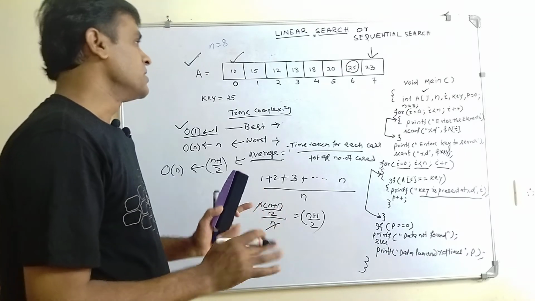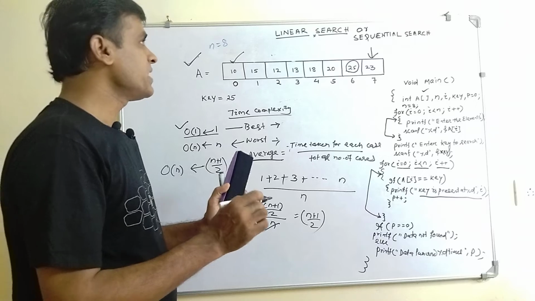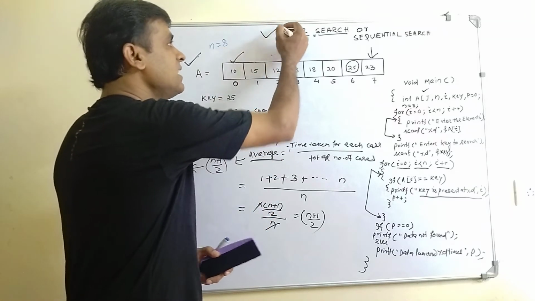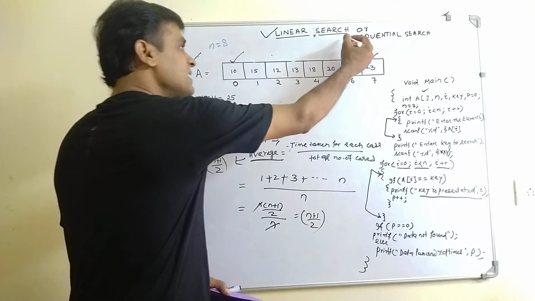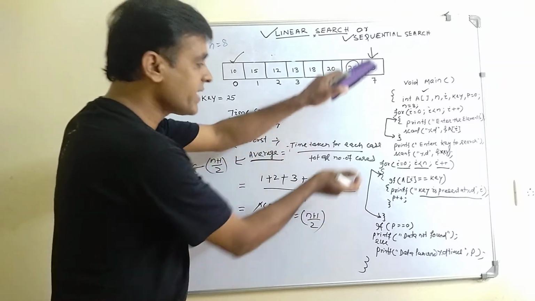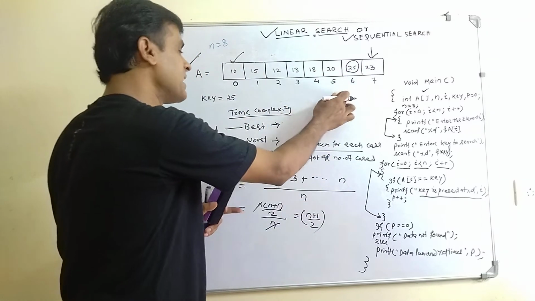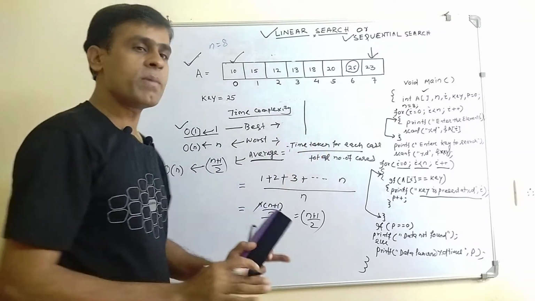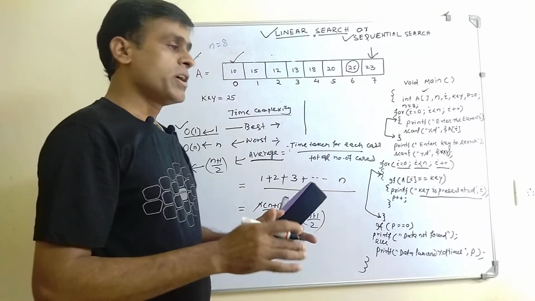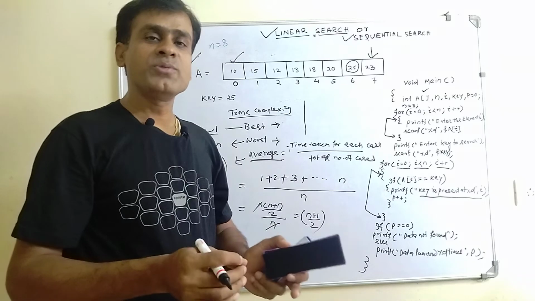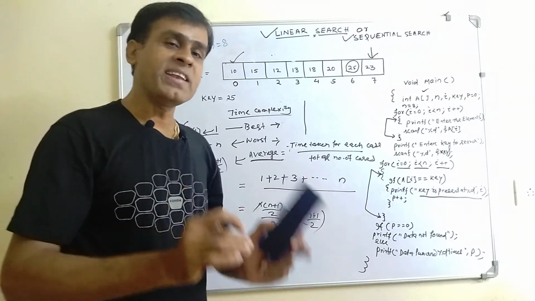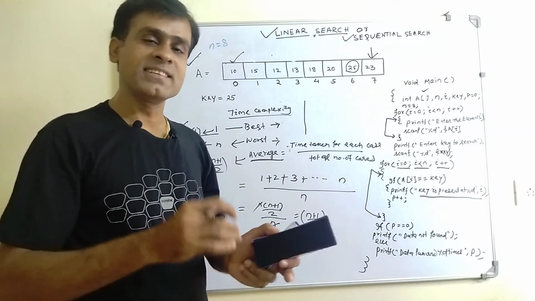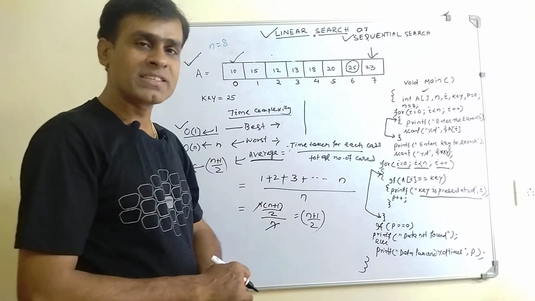Most algorithms. So this is today's class, in which we have discussed linear search, or we can say sequential search: how we search from the start index to the end index, and what the time complexity is in these three cases. This is all about today's class, and in the next class we are going to discuss binary search, another searching technique, and its time complexity.